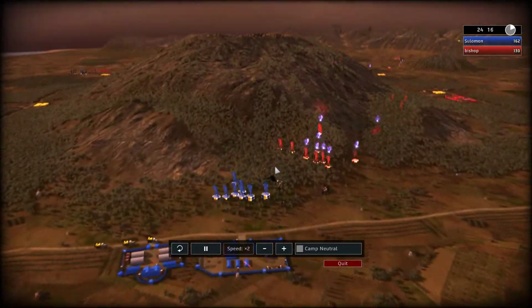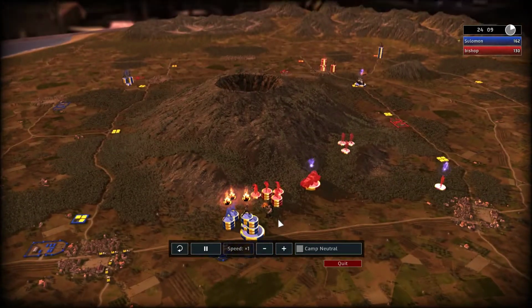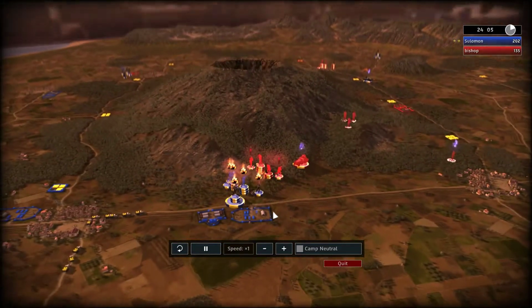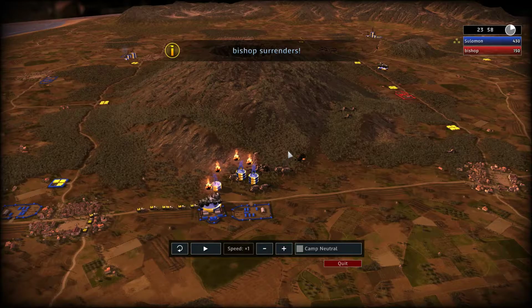So I actually end up losing the BA11, which if he was closer and could have spawned time to my BA11, that would have been really bad for me. As in, I probably would have lost. But he surrenders because I killed...